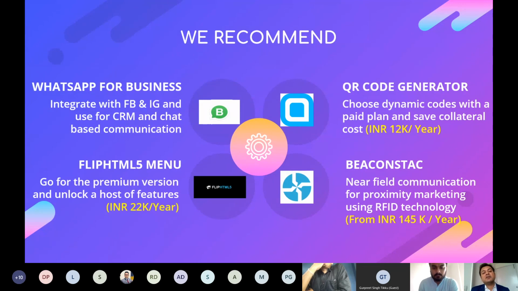What the premium version will do is that keeping the URL the same, you'll be able to change the landing pages. You'll be able to change pages on a menu. You'll be able to add an action. So, for example, you've uploaded your menu for food delivery. Now you want to add a call to action that you want to order. Click here and connect to WhatsApp for Business, or you want to give a link for a payment gateway, or you want to flash something on it, or you want to showcase a video on top of it, right?